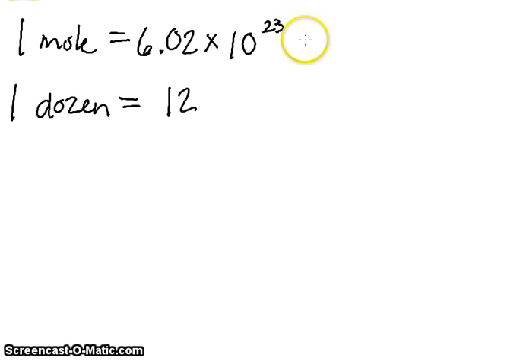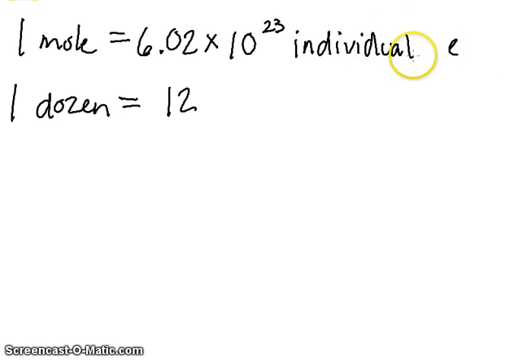So to put it in the clearest way, the unit for 6.02 times 10 to the 23rd is just individual pieces. So 1 mole represents 6.02 times 10 to the 23rd individual pieces in the same way that 1 dozen